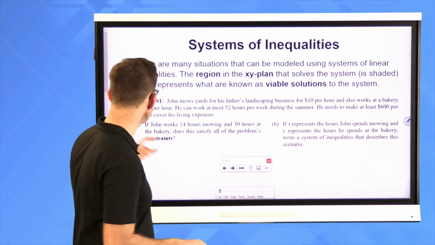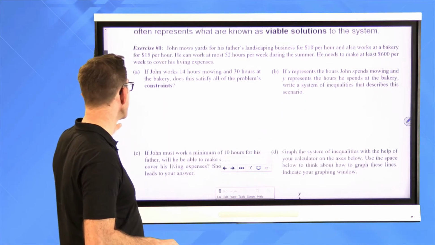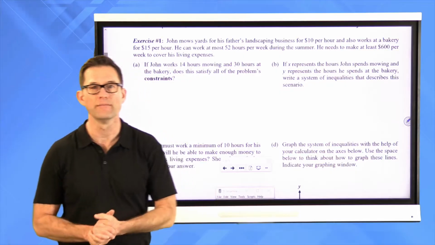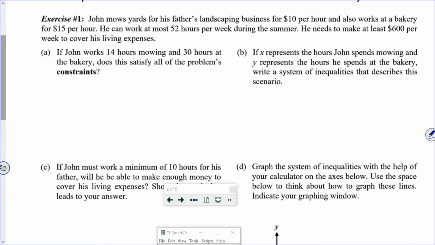So let's take a look at exercise number 1. John mows yards for his father's landscaping business for $10 per hour and also works at a bakery for $15 per hour. He can work at most 52 hours per week during the summer. He needs to make at least $600 per week to cover his living expenses. Letter A. If John works 14 hours mowing and 30 hours at the bakery, does this satisfy all of the